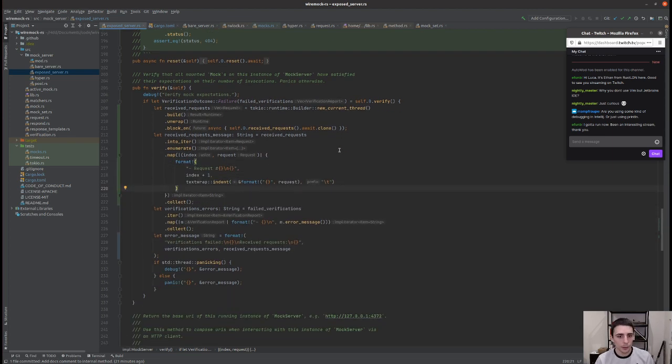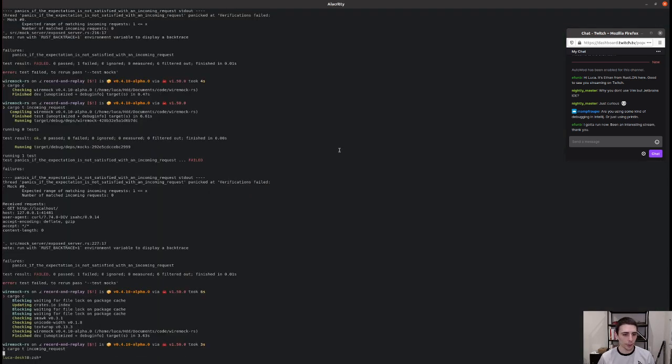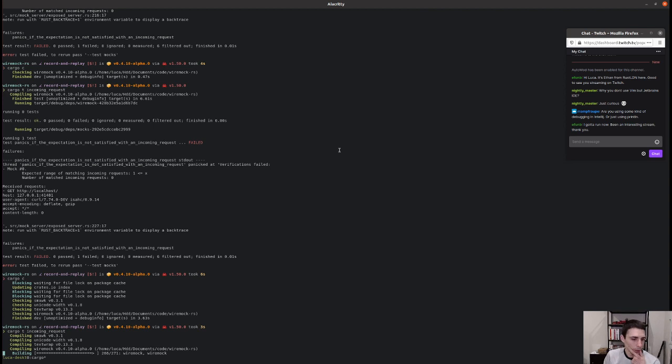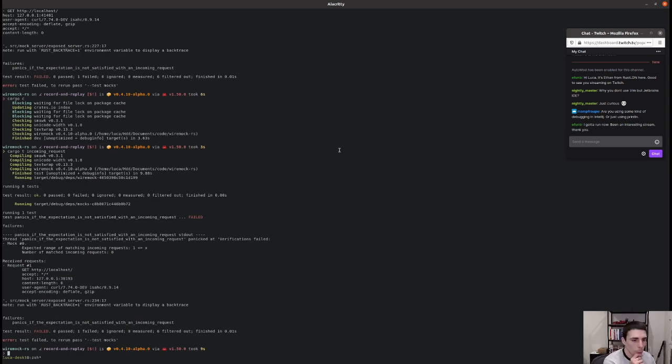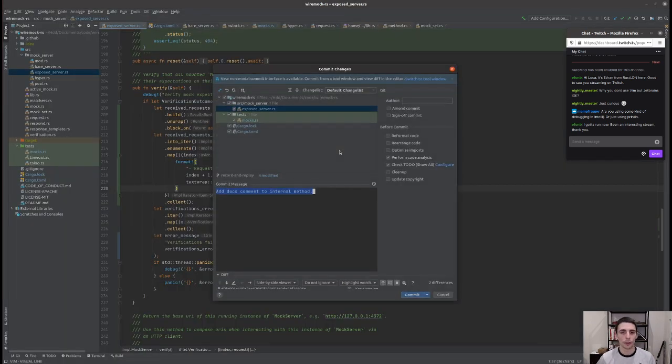Okay, so if we go again looking at the test, what does that look like? Oh yes. So that actually starts to look like what we want. Request number 1, get, accept, host, content length, etc. Lovely. What else do we want to do? Okay. So let's do that. Print received requests